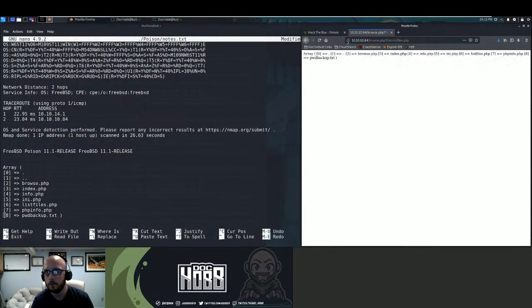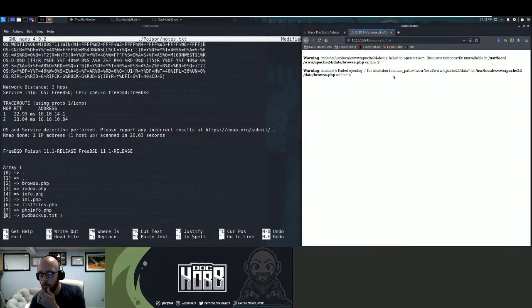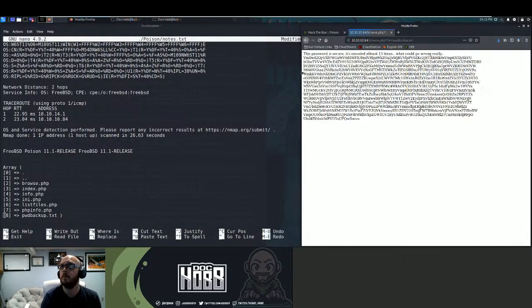Let's start with this. Yeah, let's just go straight to the juicy stuff. Let's go to password backup.txt. This password is secure. It's encoded at least 13 times. What could go wrong?